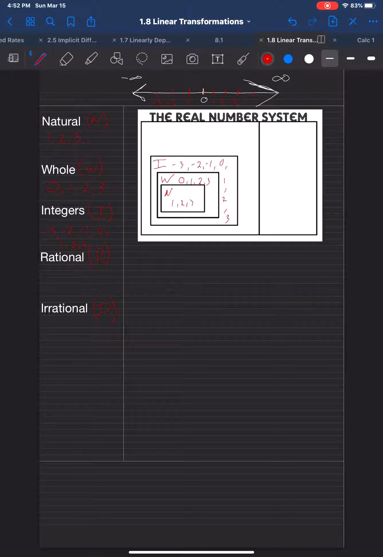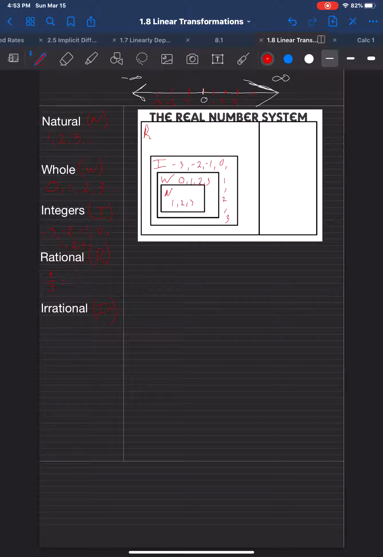The second to last set that we're going to talk about within the real number system is what we label as rationals, right? And for rationals, just think about the root here, ratio, right? To be able to write as a fraction. Now, to write something as a fraction requires that it have one of two conditions. Either it has a predictable pattern, right? So for example,